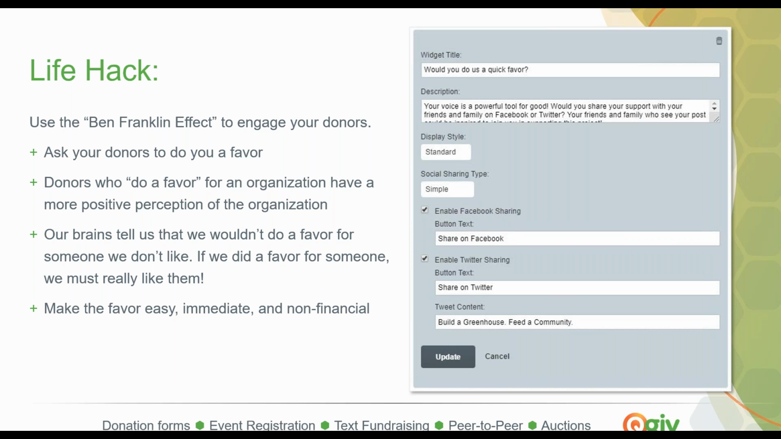That science that I'm talking about is really a psychological phenomenon called the Ben Franklin effect. The Ben Franklin effect is really useful if you are trying to get donors to continue to engage with you. The term is a name for a specific phenomenon that results when someone does a favor for someone else. So if I do a favor for you,